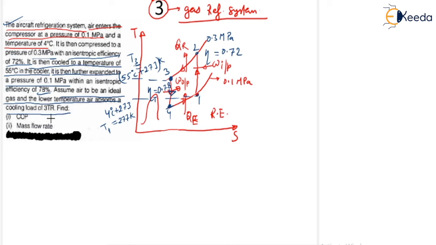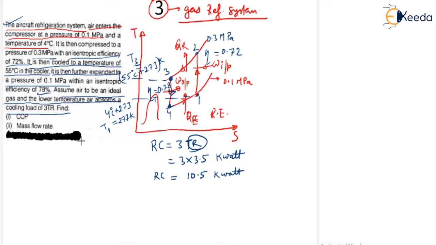cooling load is 3 TR. What does 3 TR mean? It means your refrigerator is 3 tons. That means the refrigeration capacity is given here, right? And 3 TR is given. That means 3 into 3.5. How much is 1 TR, my dear friends? 1 TR is 3.5 kilowatt. So for 3 TR, 3 into 3.5, you should write your refrigeration capacity as 10.5 kilowatt, and this is